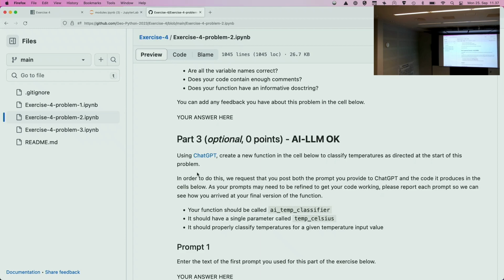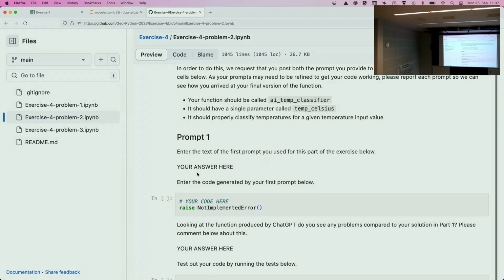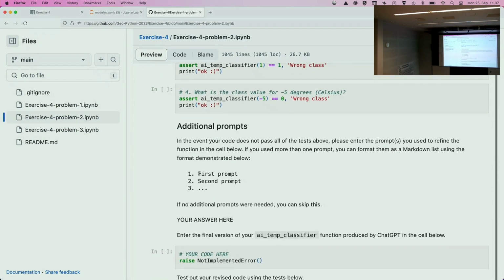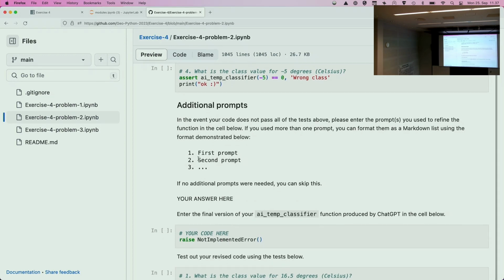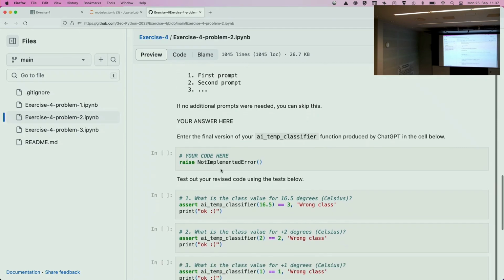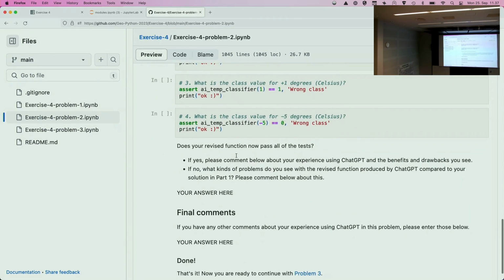So it will likely mean that you have to do this process iteratively a couple of times, in which case it'd be good to list at least for the prompts, what the second prompt and the third prompt and whatever for these additional ones, you can just copy paste in what you typed into ChatGPT. And then the final code that you get produced from there, you can paste into the cell here, run the test again, and then